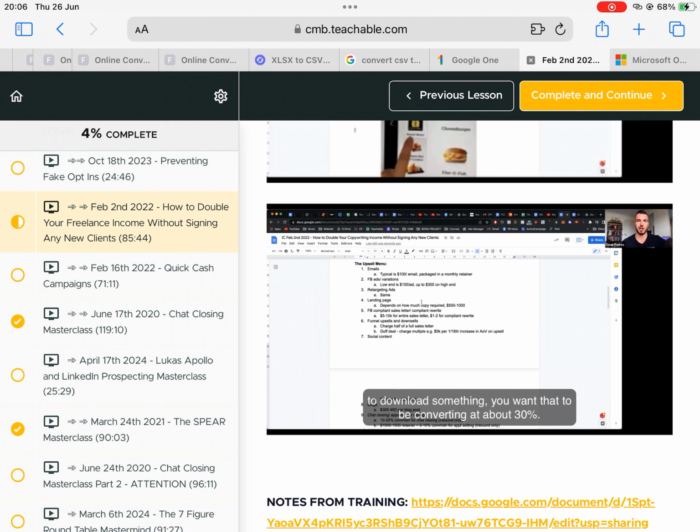So for people that land on your opt-in page where they have to enter their email to download something, you want that converting at about 30%, kind of normal. Depending on how much copy is required, if it's a very simple landing page with 2 lines of text and an opt-in, not very much work at all, you could probably charge $500. If it's a bit more copy heavy, not long form like a sales page, then you can charge up to $1,000, which is a pretty fair price for a landing page. It really depends on how complex they want it, but usually the simpler the better with these things.